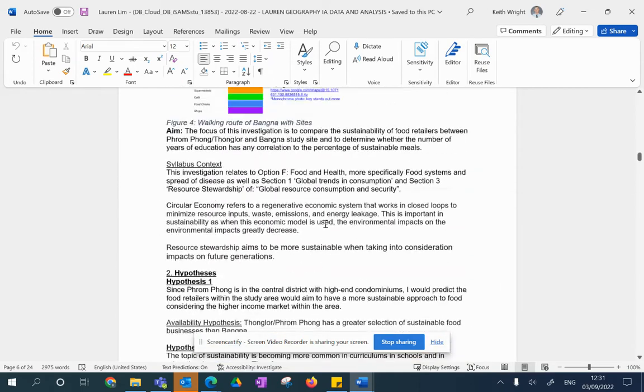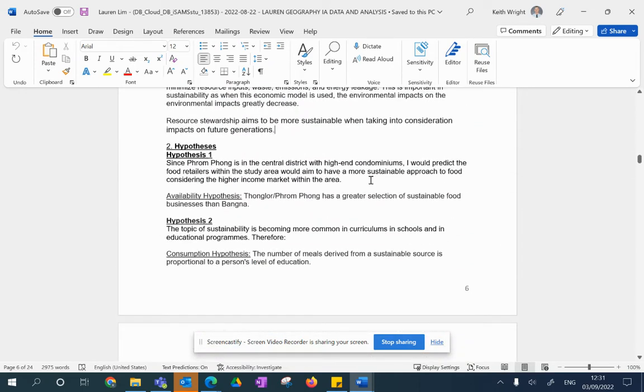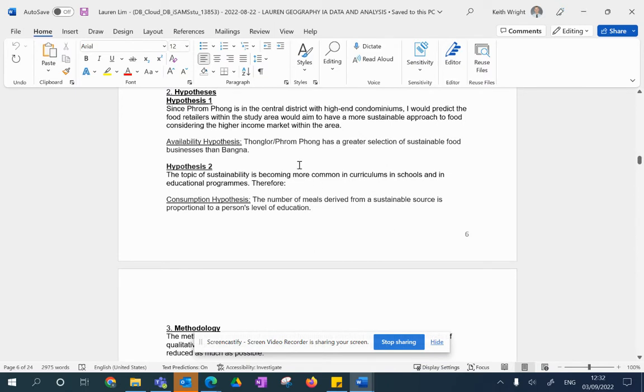Yeah, the justification is too short. So you've got your hypothesis. You then need to say, okay, well, why? Why is this the case? Why do you expect Prompong to have more sustainable food options? Is it because it's a higher density populated area? There are more food retail outlets. The people generally have a higher income because it's more expensive to live in the CBD. As a place is more accessible, they benefit from passing trade and therefore are more likely to sell more products. People have a higher education in those areas and therefore are more aware of sustainable food options, and then compare that to Bangna. And then this one here,